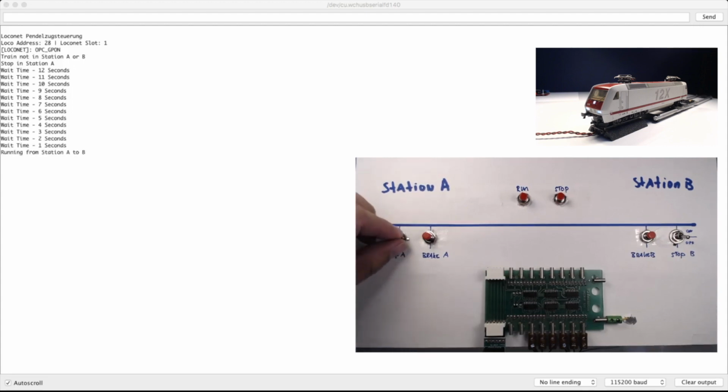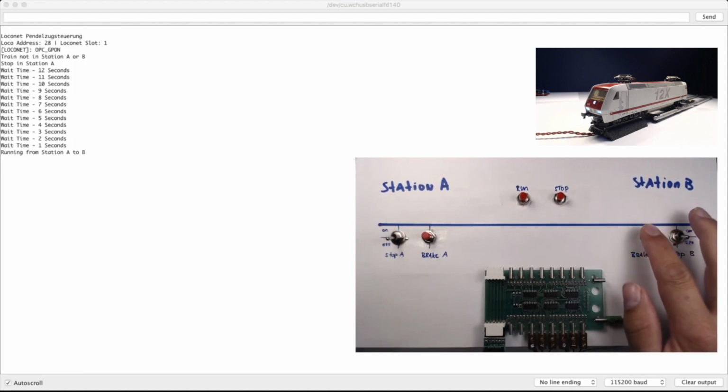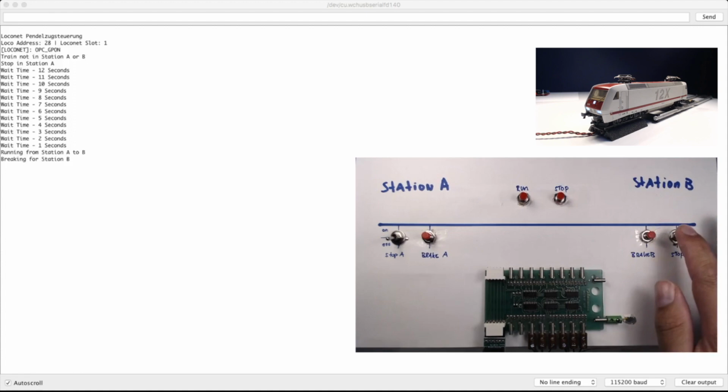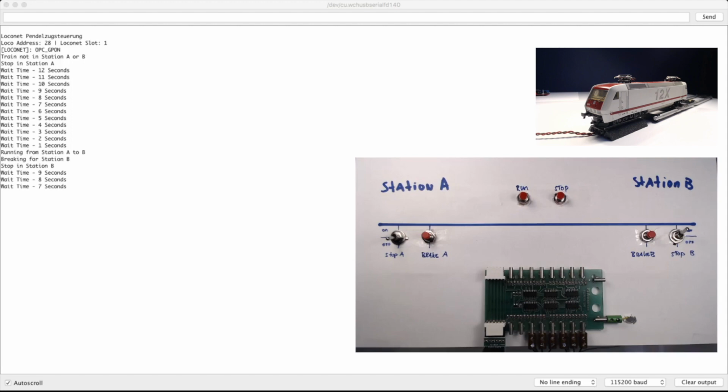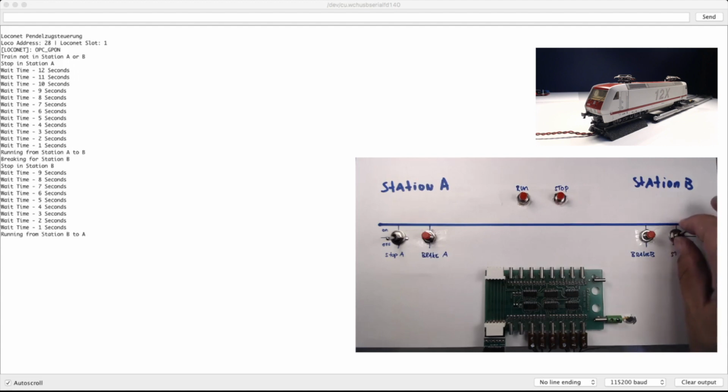When it is detected by its own brake section, it will ignore the message. And brake section B will make it decelerate until it is detected by the stop section, and it will stop. The countdown timer will start again, counting down, and when it reaches 0, we will be traveling from station B back to station A. Again, we will ignore our own station's feedback,